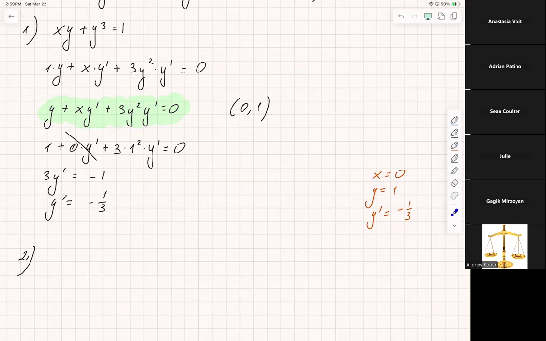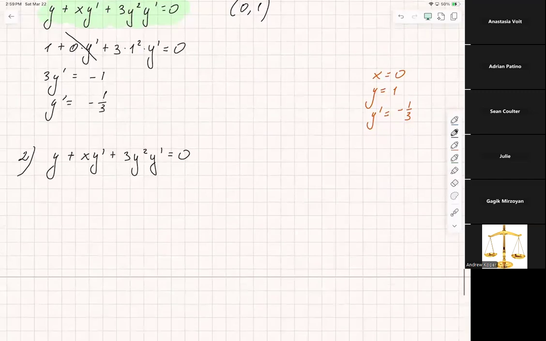Okay, so let me rewrite the expression: y plus xy prime plus 3y squared y prime equals 0. When we take the second derivative, it's the same thing as doing it the first time, just once again. So the derivative of y is 1 times y prime plus